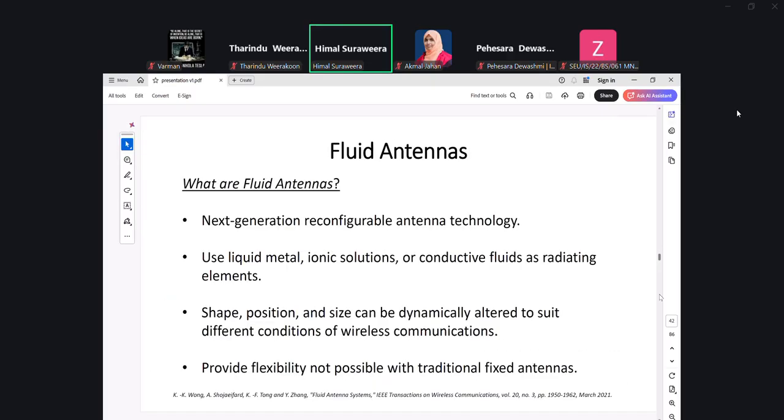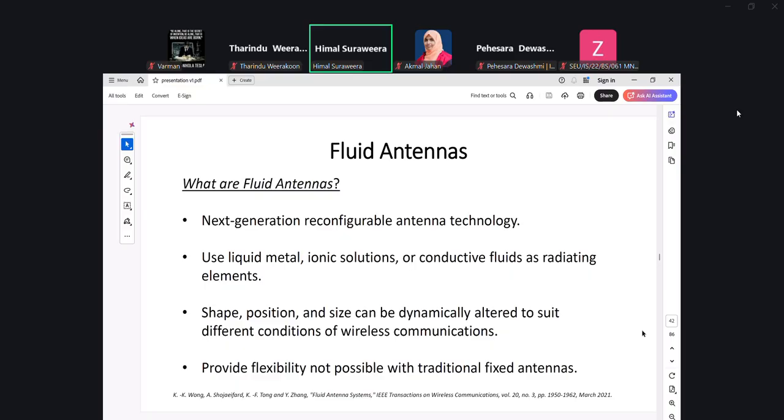systems. So next I will quickly go to something called fluid antennas. If you take traditional antennas, the antennas that you have now, they are fixed. You cannot move them or rotate them and so on. Very recently, around 2021-22, there was a professor from the UK called Kai Kit Wong, and he introduced this concept of fluid antennas, where the antenna ports, or antennas, can be moved across a tube of fluid.